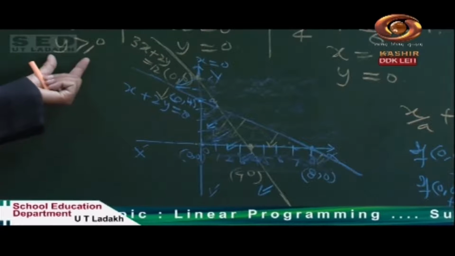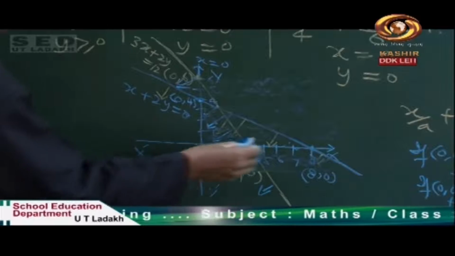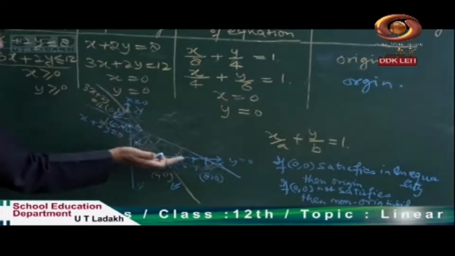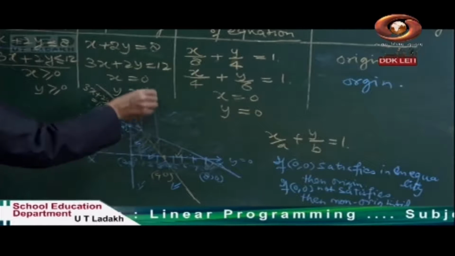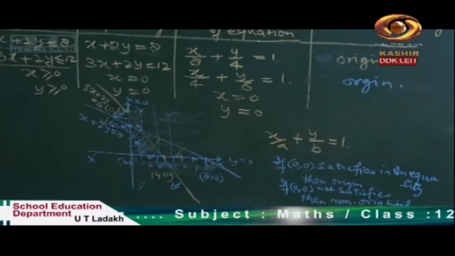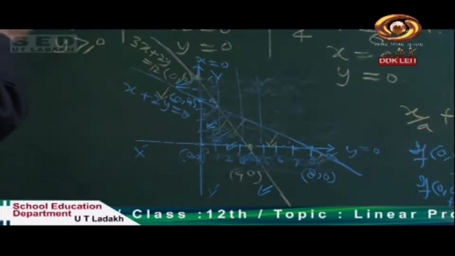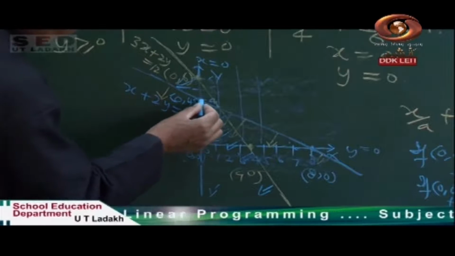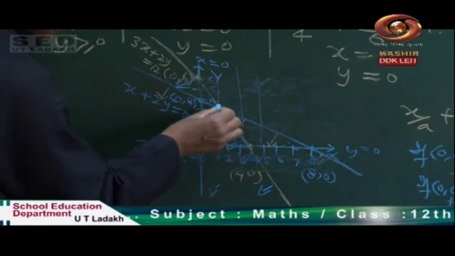Similarly, y greater than or equal to 0 will be above the line. y is 0 over here, and for greater than 0, the values will be here. The shaded portion will be towards this. So if we try to find the common shaded region of all these inequalities, this portion will be the common shaded region.